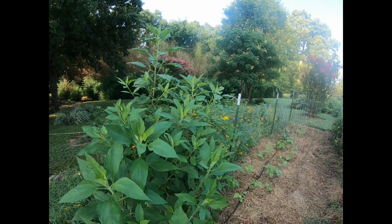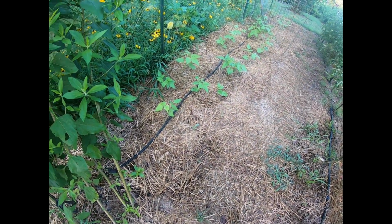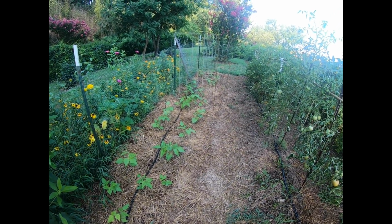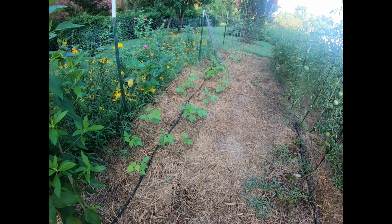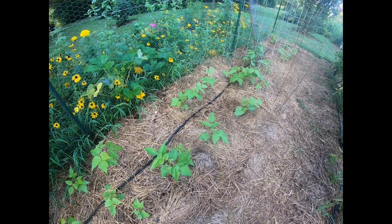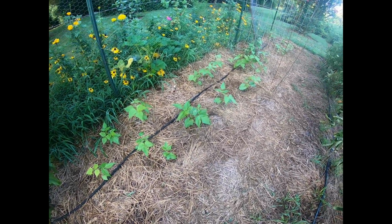Today I just wanted to show you a few things that we've added to the garden here in July. You'll remember this row here we had taken the potatoes out of. We dug potatoes about 2 weeks ago out of this row. So what we've done here is this first half we've started to put in green beans, and you can see the bush beans, they're coming up pretty well. We're putting these in more as like a nitrogen fix. Getting some beans out of them would be awesome as well, but